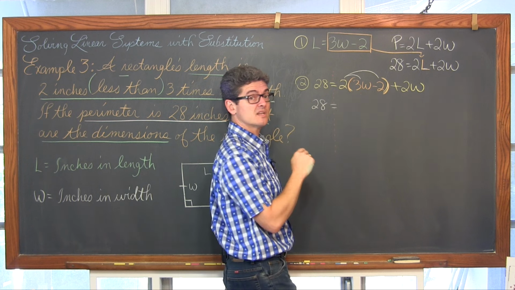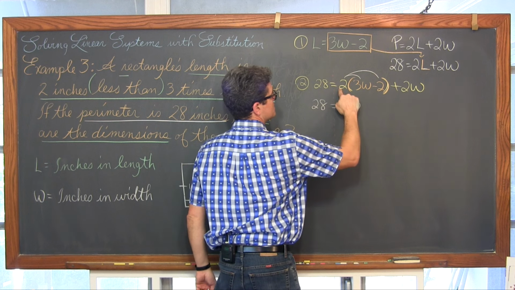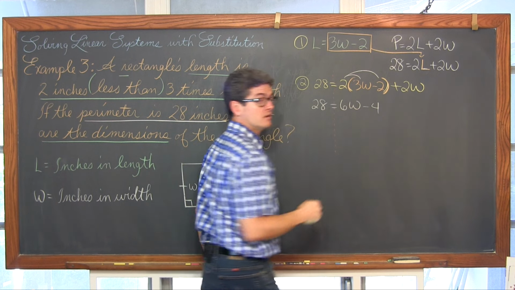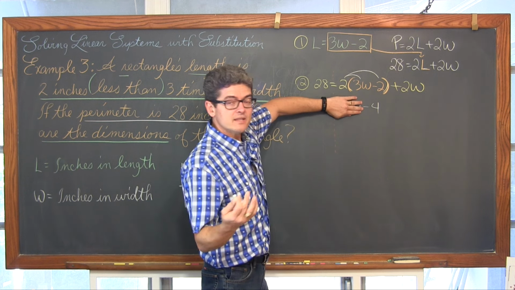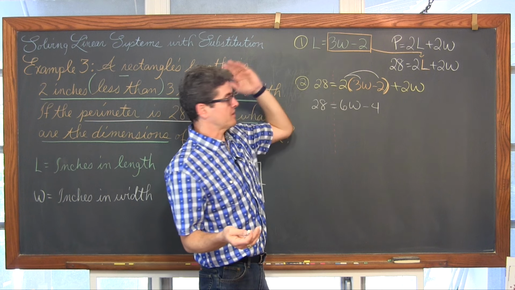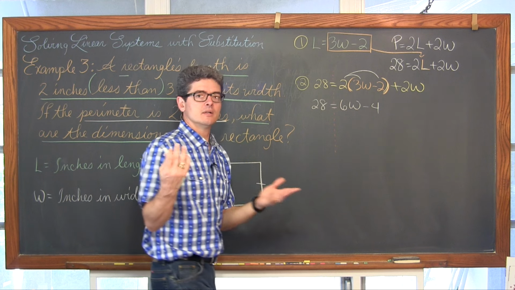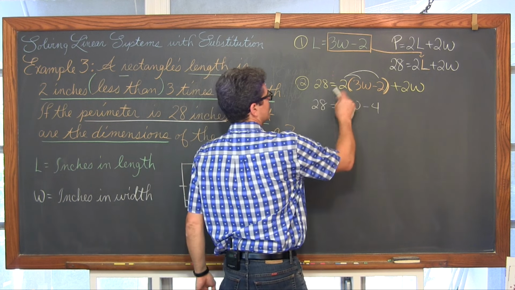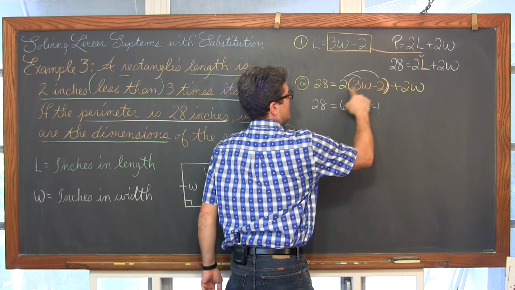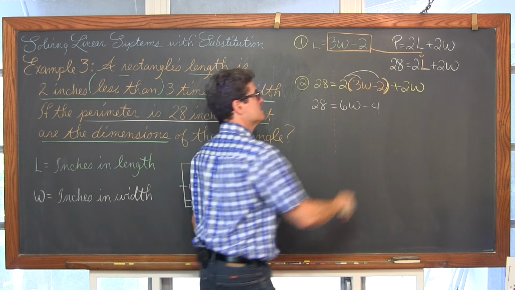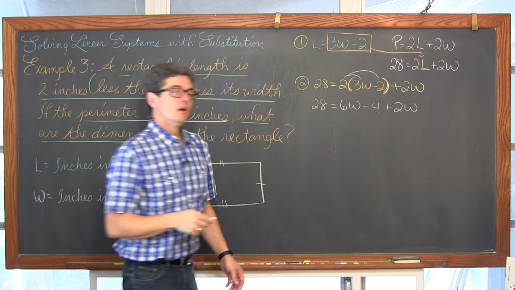2 times 3 is 6. Don't forget to write the variables with it. W. 2 times negative 2 is negative 4. I didn't write negative automatically or minus. Oh, by the way, if I said read that out loud, you would say negative 4. If I put something in front of it, you would say minus. So really a negative sign and a minus sign are kind of the same thing. Your scientific calculator might disagree, but for writing out these algebra expressions, 2 times 3 is 6, 2 times negative 2 is negative 4, and that's all that we have inside the parentheses. So we're going to just bring down the 2W.